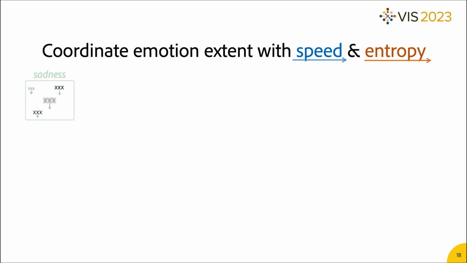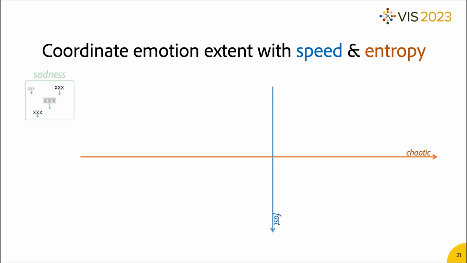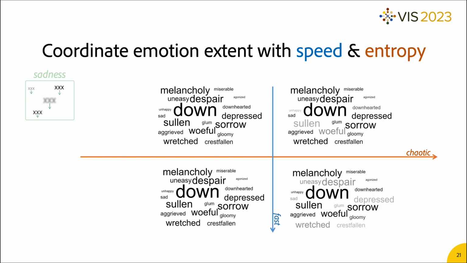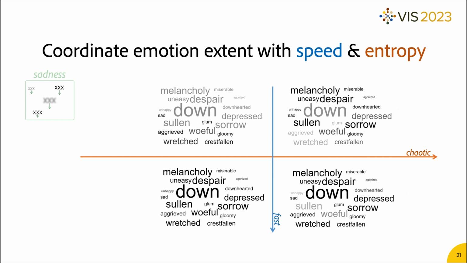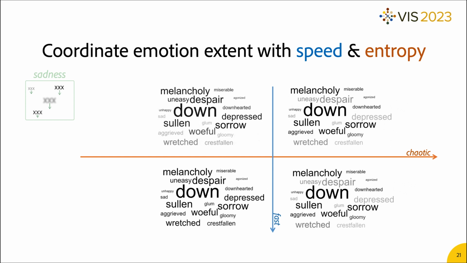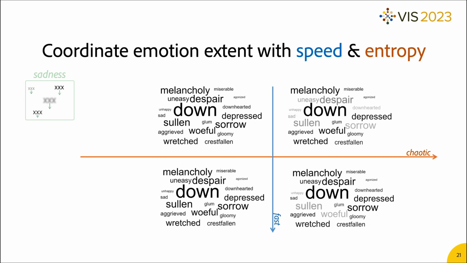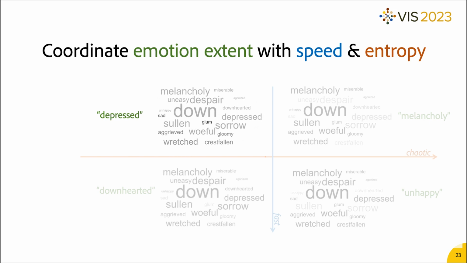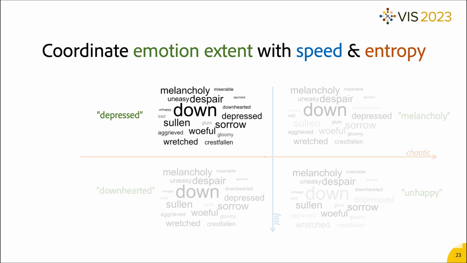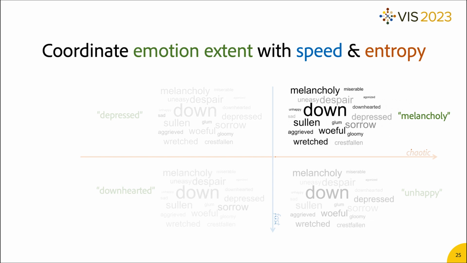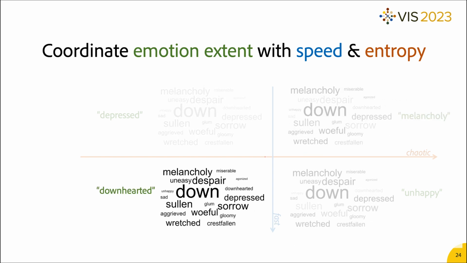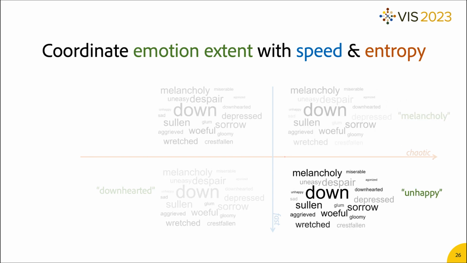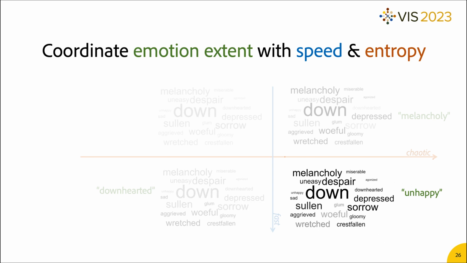With different speed and entropy, here are 4 variations based on the backbone animation. The entropy refers to the number of groups randomly assigned to the words. All 4 cases are similar, yet varying in the extent of sadness. For my personal interpretation, the slowest one looks depressed and dignified. With faster speed, it becomes downhearted and disturbed. When the entropy gets larger, the disturbance increases, going into melancholy. But when the speed goes up, it is less heavy and conveys an unpleasant mood.